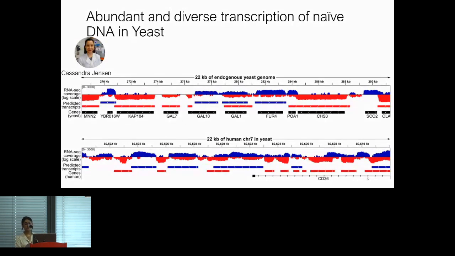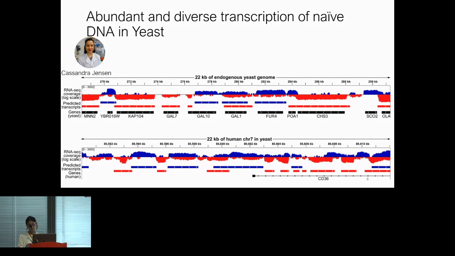Now, there are key differences. We find that naive or random DNA doesn't reach those very high extreme expression levels that the evolved sequences do. And this suggests to us that evolution is actually necessary to reach these high expression levels. But overall, the results between the random and the evolved produce very similar transcriptomic patterns. And this takes us back to our original question. We see all this activity, but just by seeing this activity, we can't say that this human DNA had function